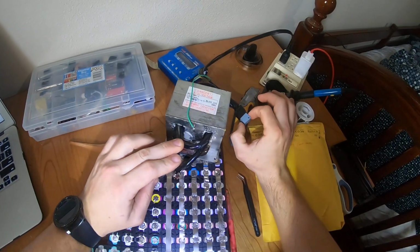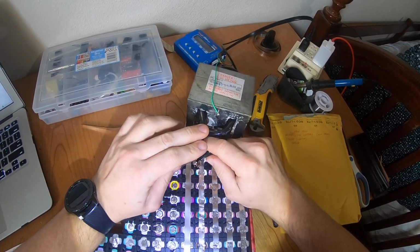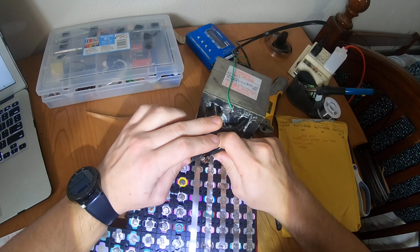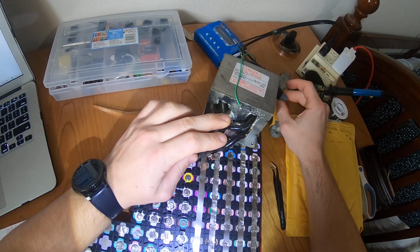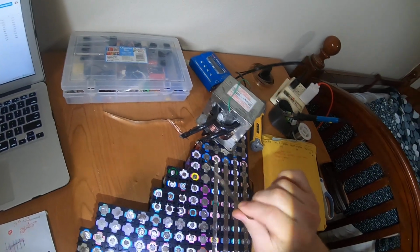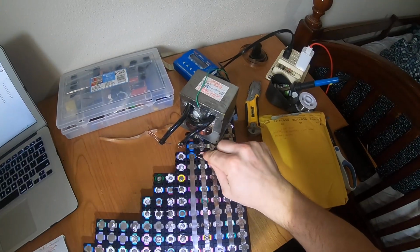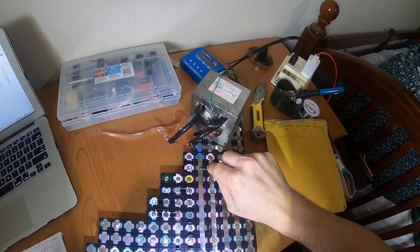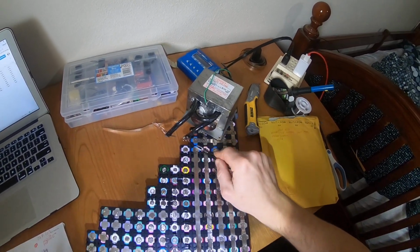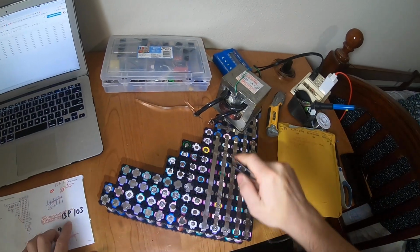So this time we push to here, and one more, a little bit more. Okay, and now it's done. I'll show you guys, you can see, perfect. And then I weld here, and hold this 1 2 3 4 5 6 7 8 9 10, so 10s. You see, minus, and here is plus,